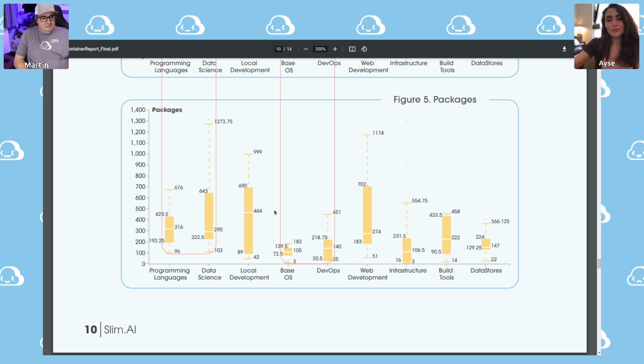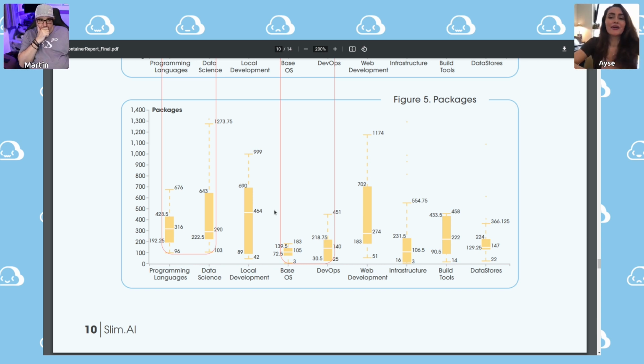So this is a simple box plot visual where we are seeing different categories, number of packages on your y-axis, the lower and upper quartile, the median, as well as the outliers, the smallest and the largest ones in the sample set in each category. So what our analysis shows is that understanding the composition of the images in every category, both general and special purpose, requires massive effort.